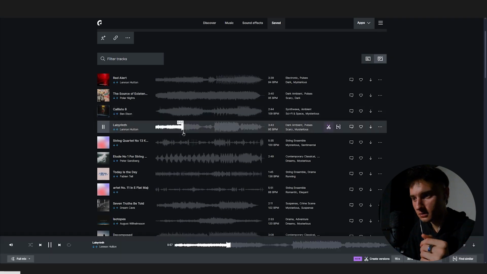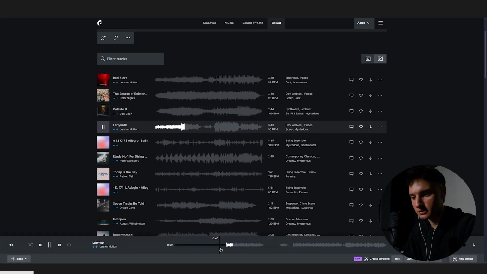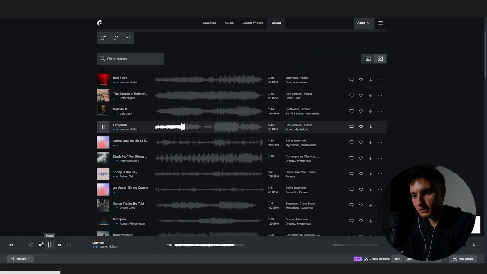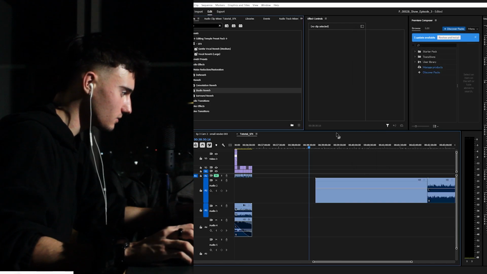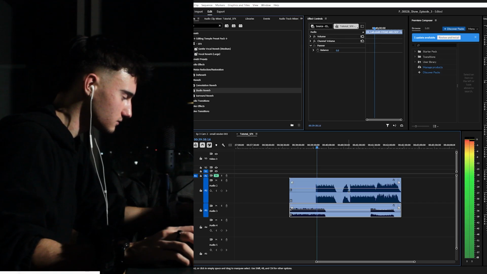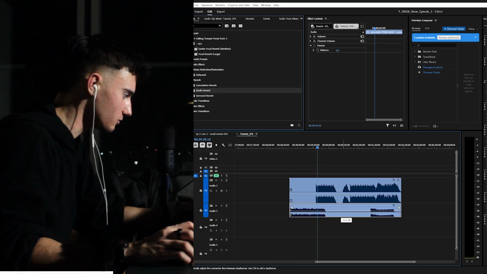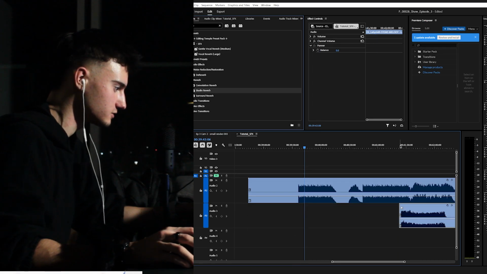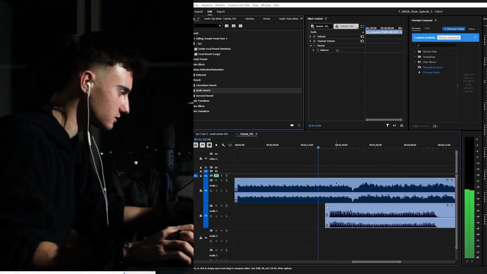First off, you go to Epidemic Sound, you choose whatever song you want, and I just want the bass. And if I want to combine the bass with the melody, I should download them separately. Bass and then melody, and you can mix them however you want. So you can basically remix the song. So if you just want your video to have the bass here and then have the melody come in later,